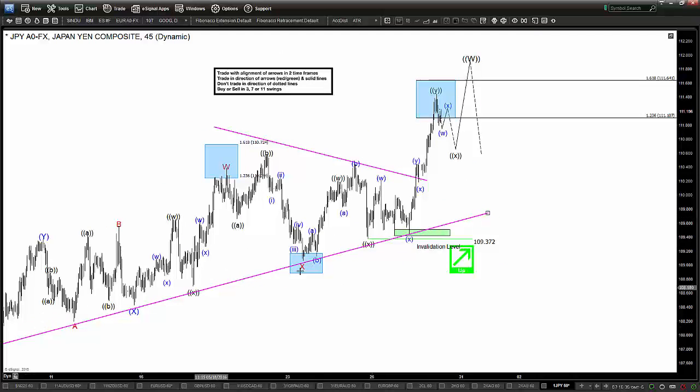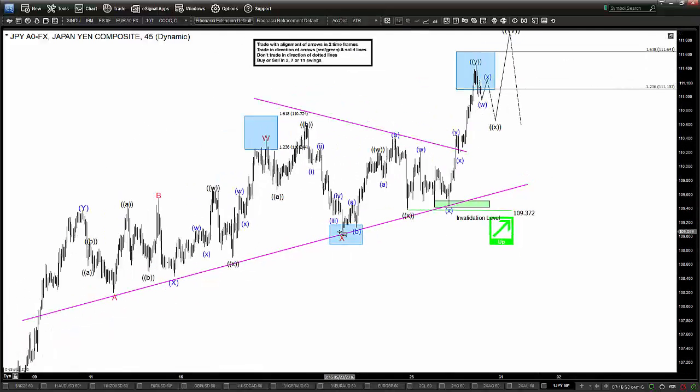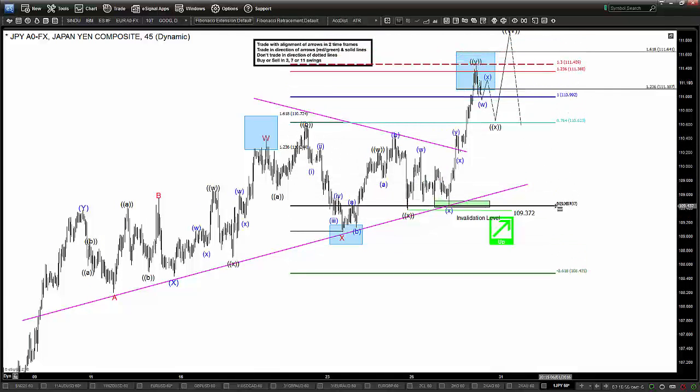Had we broken below this trendline support line, we were able to stop entry into a short for a move for 100 pips lower. However, the 109.55 area held. It held its prior lows here at the 109.37s, and that proceeded to be a launch pad for us into an upside target towards the